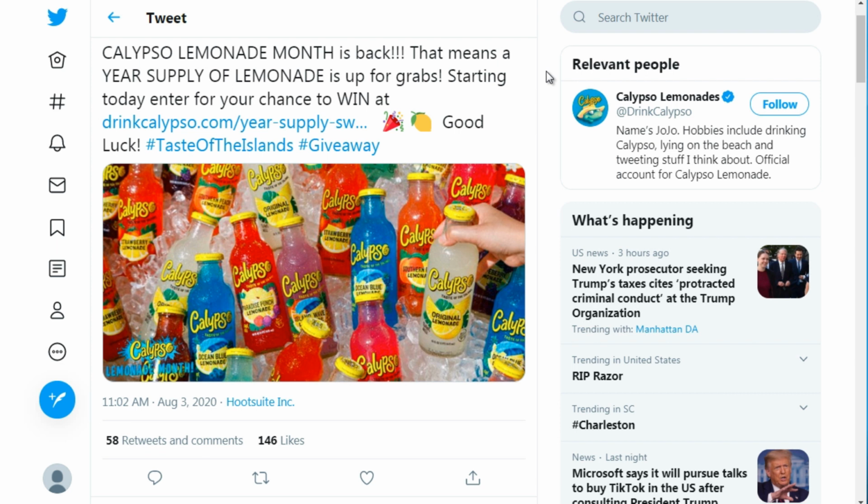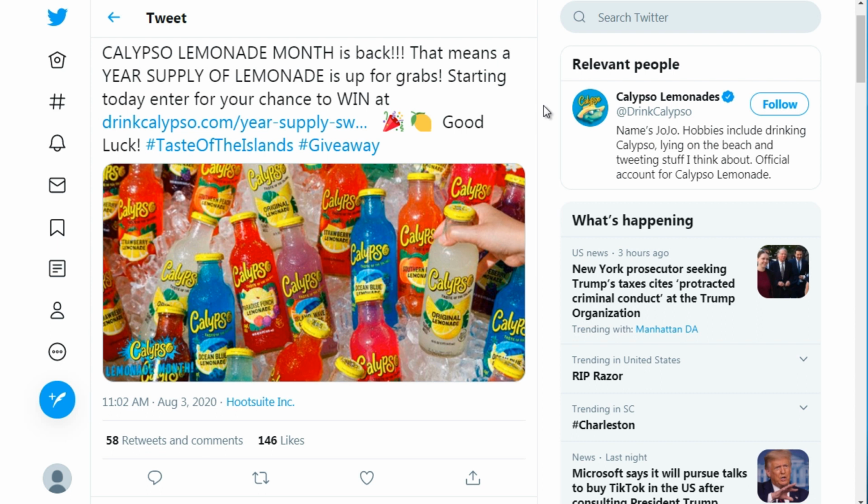So in that case, what we could do is begin to look for beaches in certain areas that sell Calypso lemonade. If we happen to find a beach, we could do hashtag beach, that particular beach.